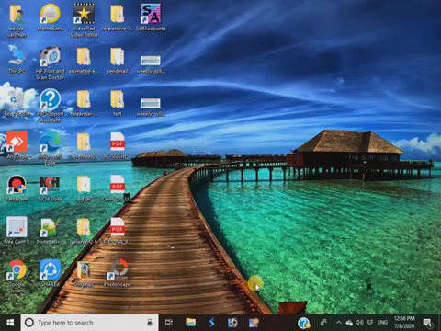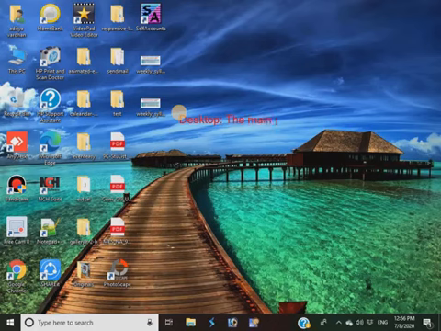The screen of the Windows operating system you are looking at here is the desktop. Suppose we need to define the desktop. How can we define the desktop? It is easy to define. What is desktop?